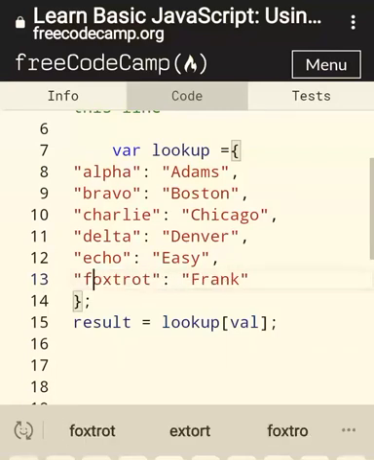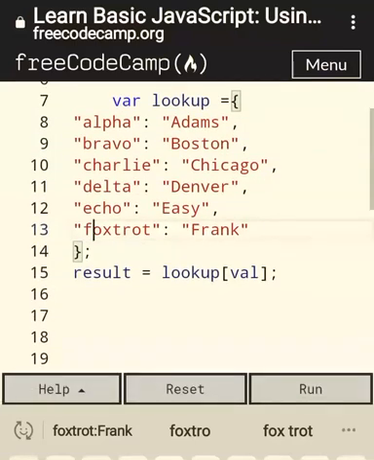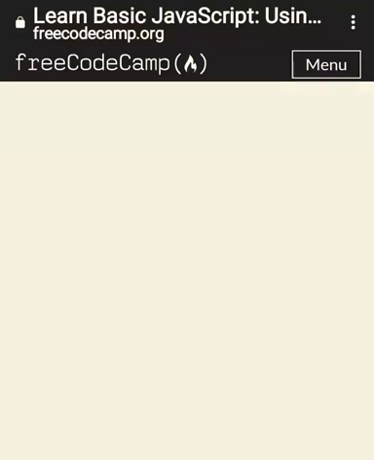So the change needed is to change the capital F of Foxtrot to a small letter f, and that was the debugging required. So remember, capital letters do make a lot of difference, and after doing that, we passed the test and the test is completed.